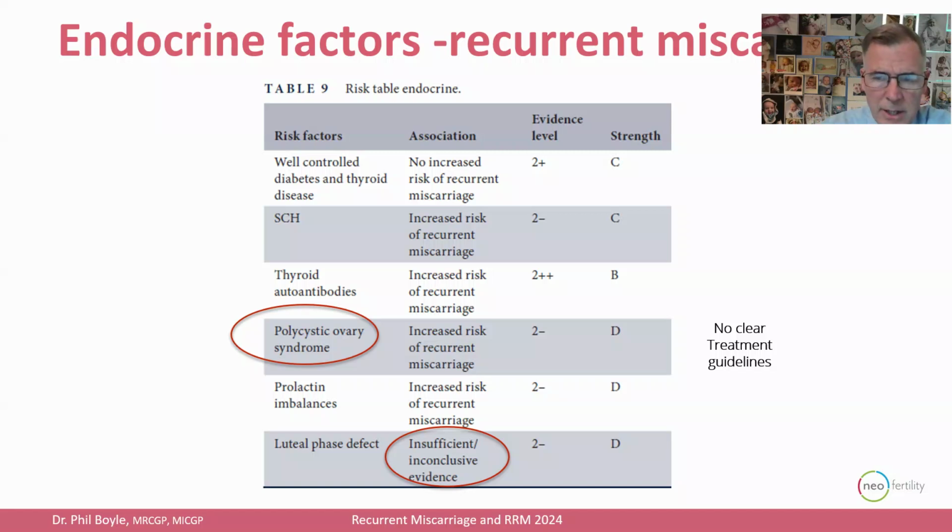This is also interesting, and again, these are the miscarriage guidelines. There's no increased risk of miscarriage if you've well-controlled diabetes. And the other one that I'll just look at there is polycystic ovarian syndrome. Yes, you're going to have an increased risk of miscarriage if you have polycystic ovaries, but there's no guidelines. Oh, well, what do we do about it? We say, well, we know it's a risk, but they haven't proven how we intervene to help reduce that risk. And that's something that we're currently working on. And we can see from our clinical experience, we really can make an impact there.